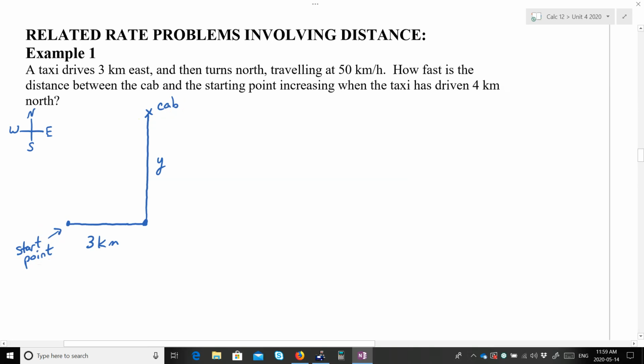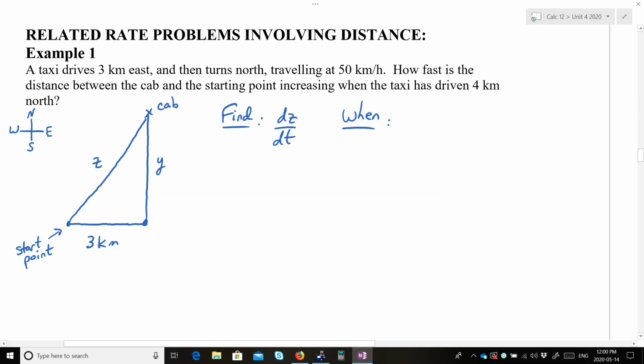How fast is the distance between the cab and the starting point increasing? So we want to know how quickly this Z piece is increasing when the taxi has driven 4 kilometers north. So they want us to find how fast the distance between the cab and starting point is increasing. So they want us to find change in Z with respect to time